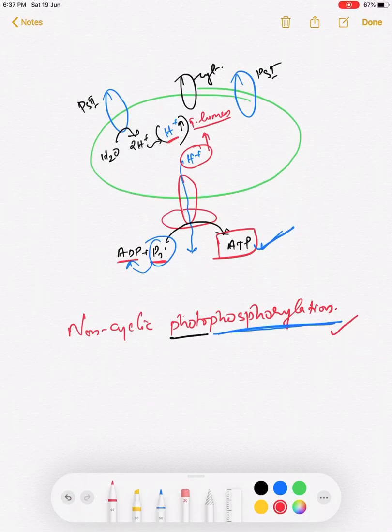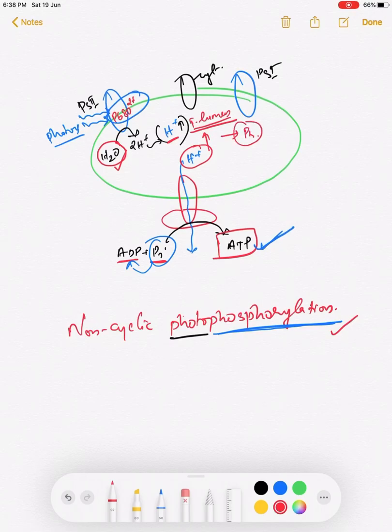In the second part of light reaction, we explained the reason behind photolysis of water. That is nothing but the presence of P680+. This P680+ is formed using 2 photons. So 2 photons are required for the formation of P680+. Once P680+ is formed, the water molecule can easily split. Once water is split, the H+ ion concentration will increase in the thylakoid lumen. That will contribute to the proton gradient.